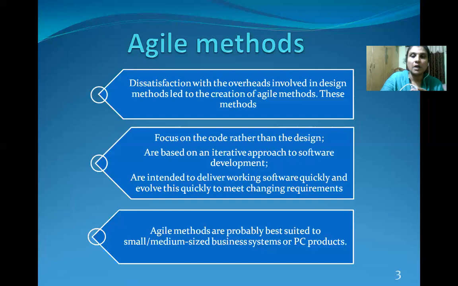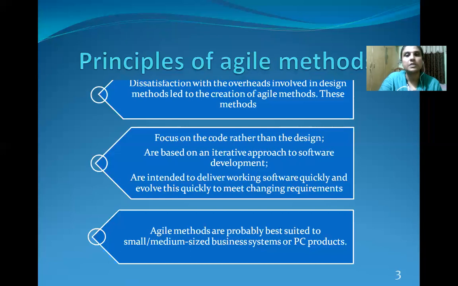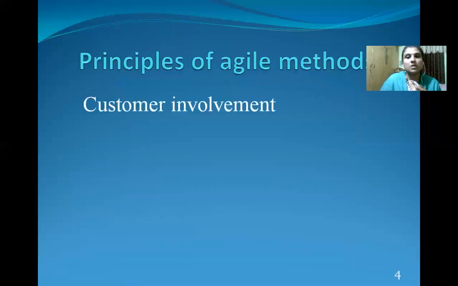Next, along with this, agile methodology follows iterative development, either as the specified incremental or spiral model. Along with that, they follow several principles. The first principle adopted in agile methodology is customer involvement. Basically, in each and every phase of the software development life cycle, the customer will be involved.